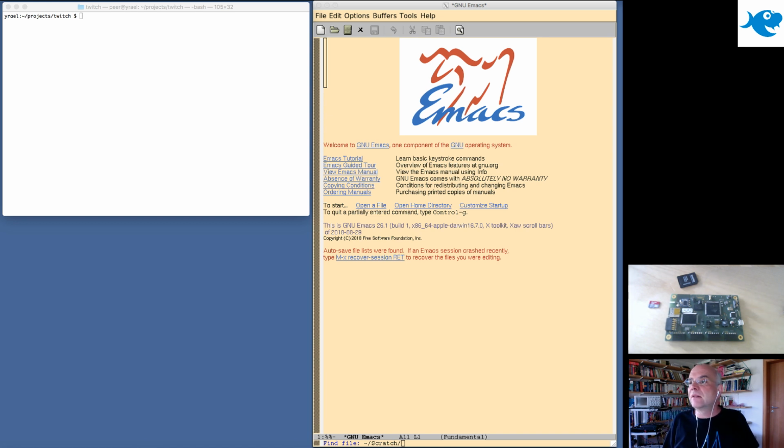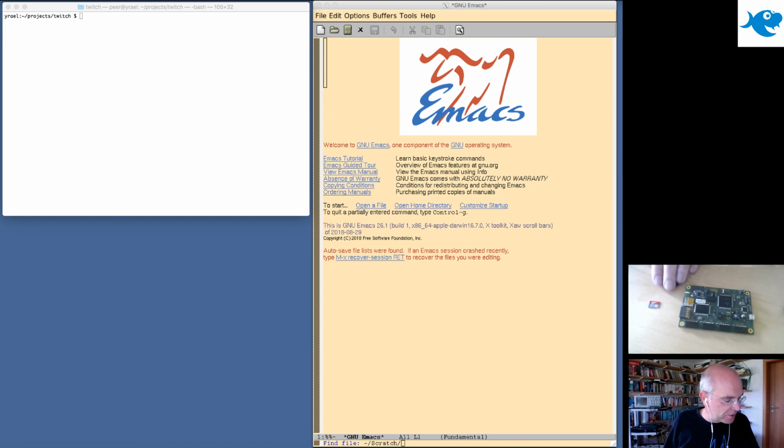And there's another camera here on the table where I already placed the GRiSP board, so you can actually see what I'm doing with the GRiSP board, and follow what I'm doing on the screen. As you can see, my favorite editor is Emacs, but this is not dependent on Emacs. I have a terminal window open, and